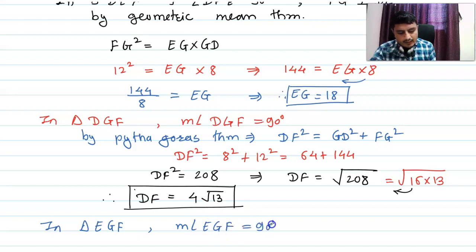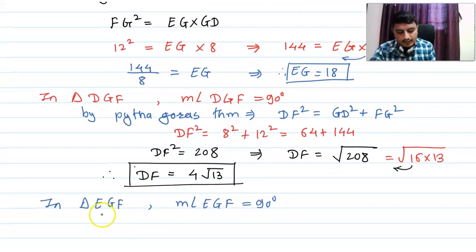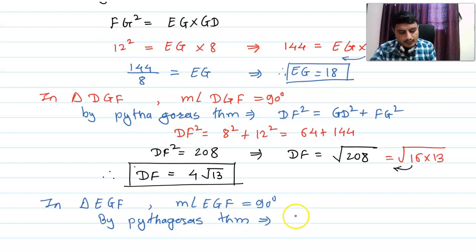That means the given triangle is a right angle triangle, so here we can apply the Pythagoras theorem. By Pythagoras theorem, the hypotenuse of triangle EGF is EF, so EF square equals EG square plus